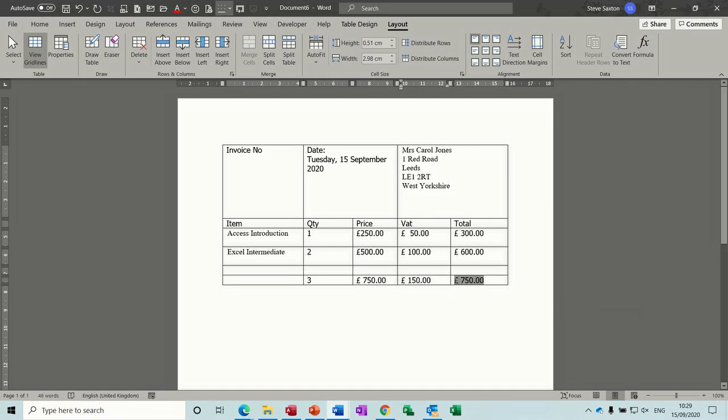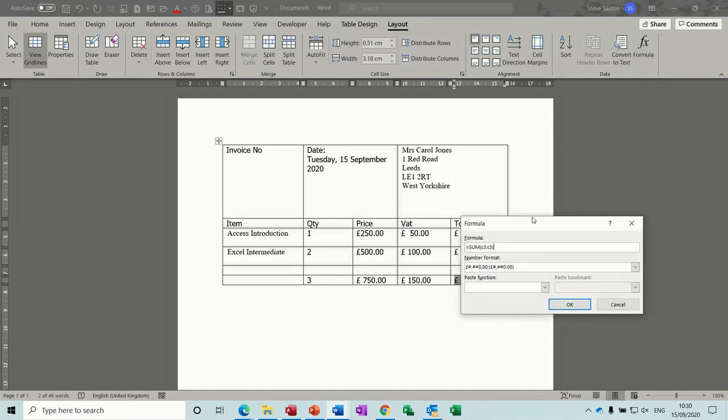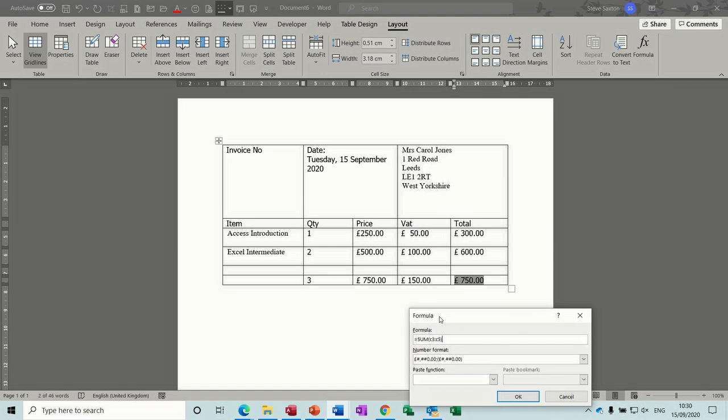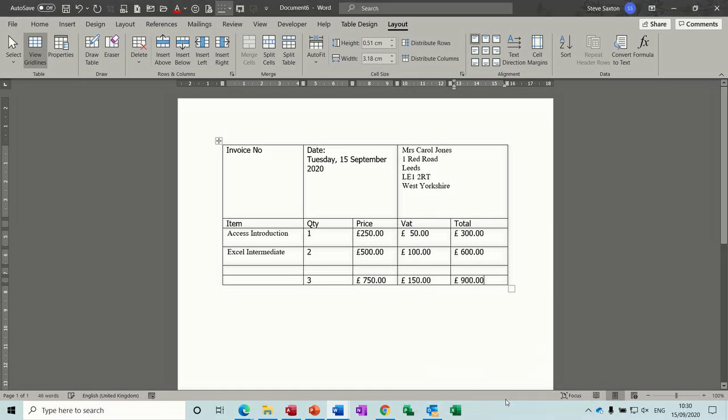And then that one's going to be, and this one's going to be that times that, C and D. So it's going to be sum, not up, well I could go up I suppose, it should be the same both ways, so I will do. So it's going to be E, E. Okay, so 900, and if you add those two together that's 900 as well, so that's correct. Alright, so then what you do is